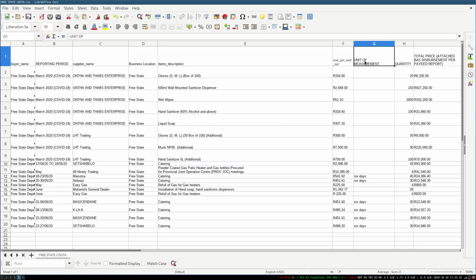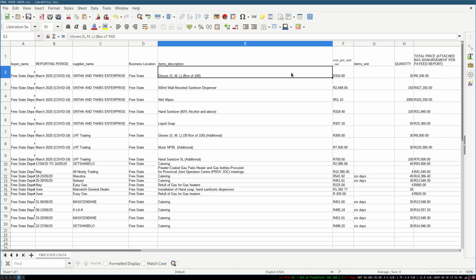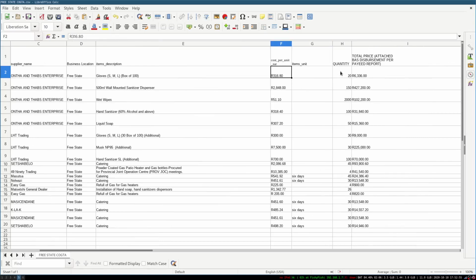Unit of measurement is items unit. The reason it's items and not item is because you might have more than one item that had just one supplier for which you only have one amount. So since we have an amount, especially this one,